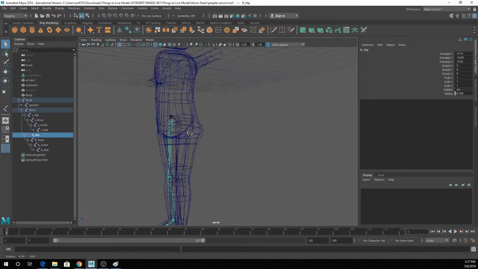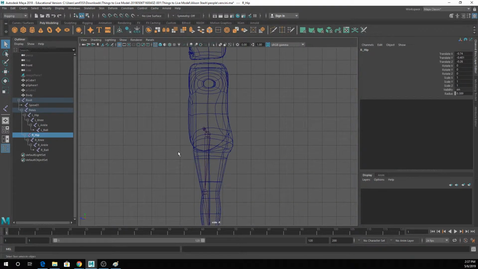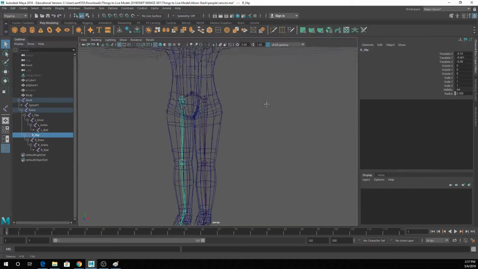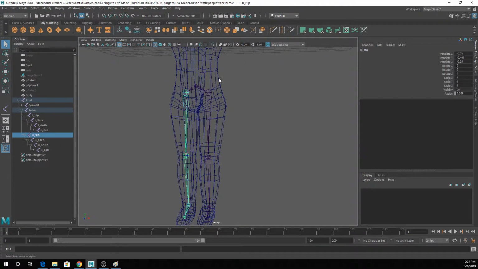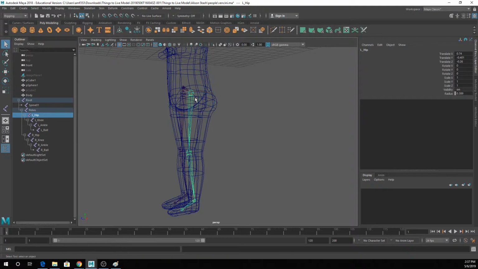So that's more or less how you make leg joints. Actually, I'm going to bust in really quick because we're running out of time. All right, so right now we have these joints and it's all fine and dandy, but they're not really controlling the mesh. So if you do want the mesh to deform with the joints,